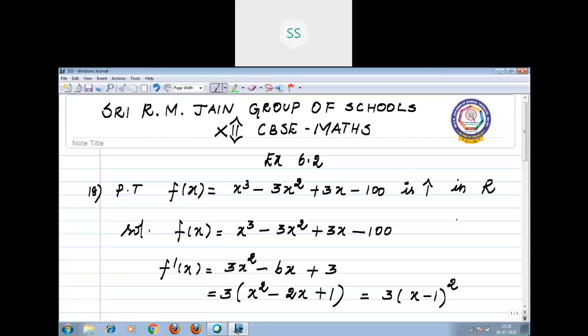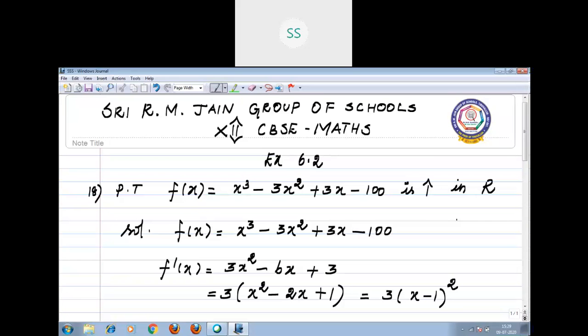If you put the x value as negative also, you will arrive at a positive result. So what is your conclusion here? You want to say greater than or equal to 0, right? From minus infinity to 1 and from 1 to infinity, the function is strictly increasing, because the derivative is greater than 0. When you substitute x is equal to 1, the derivative equals 0.